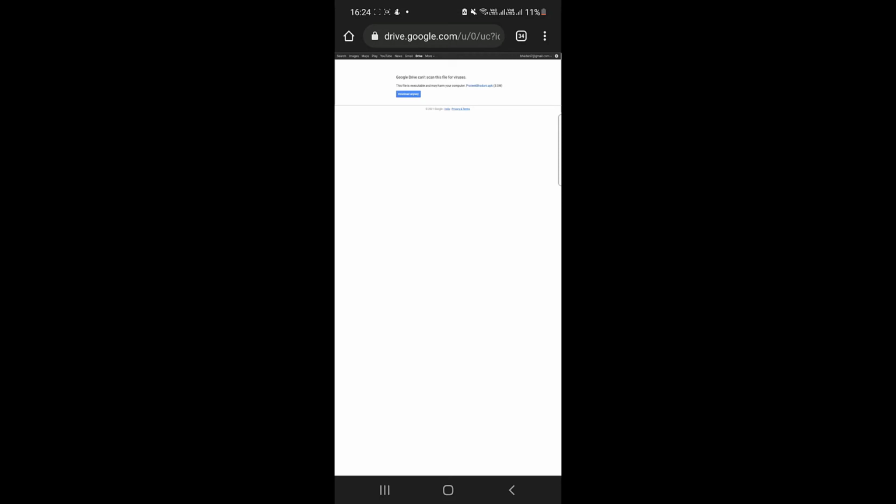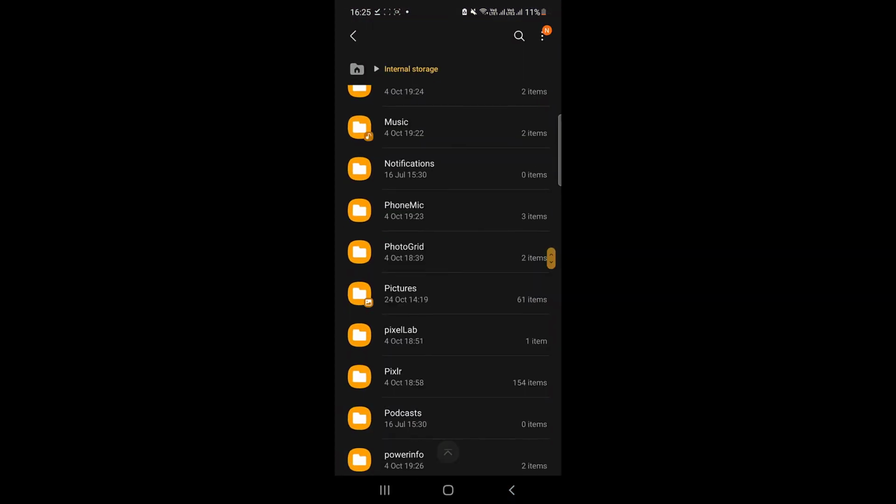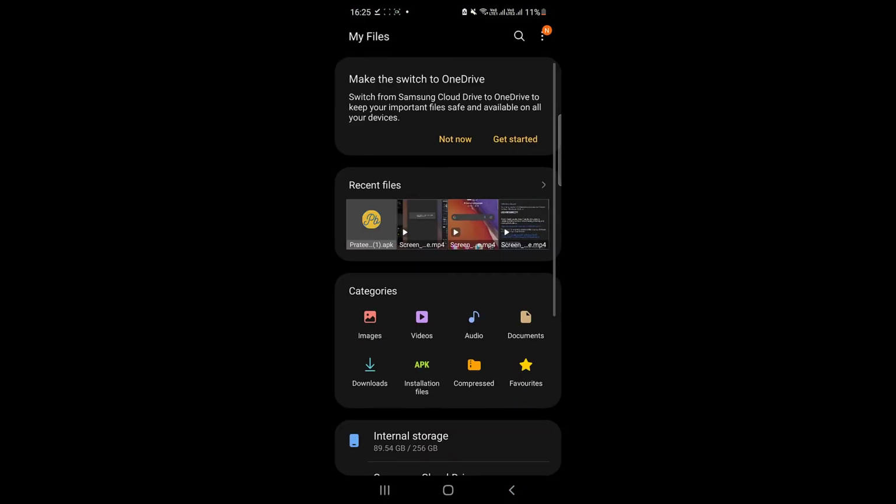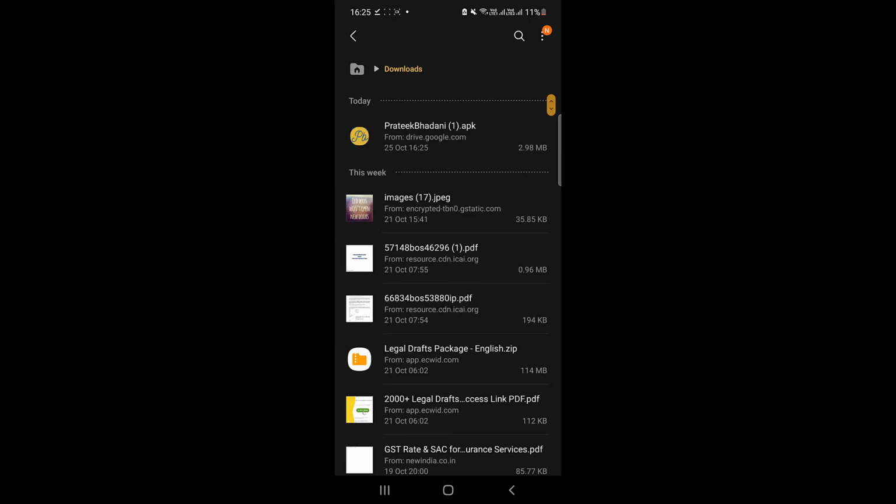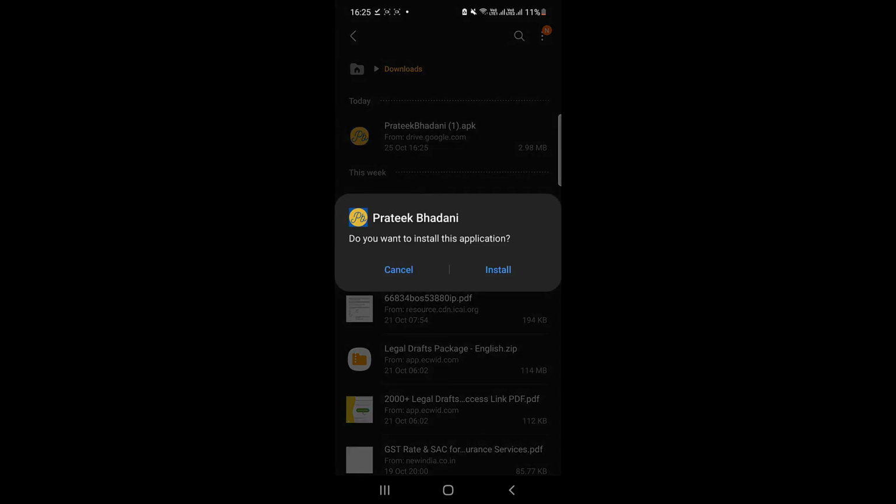If Google gives you a warning like this, then click on download anyway. Now the app will get downloaded on your mobile phone. Now you can go to your file manager app on your mobile phone and then go to downloads. In the download section, you will find this APK file. You can click on the APK file and then click on install. Now your phone might give you a warning that this app might be from an unknown source. So you can click on install anyway, or else if it is not installing, you can go to settings and then click on allow source. Then it will be installed.